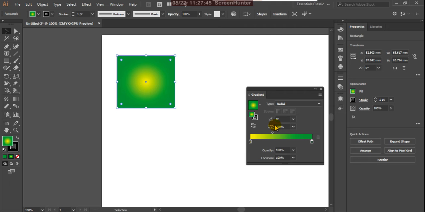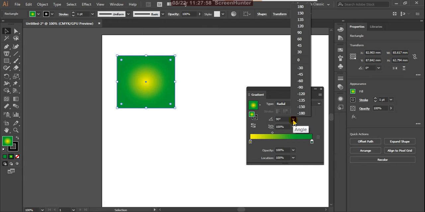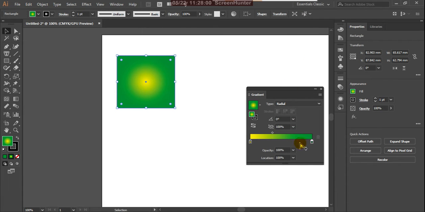So it is showing the aspect ratio, and here again the angle is also there. Suppose it is 0. And then you can increase and decrease the radialness.